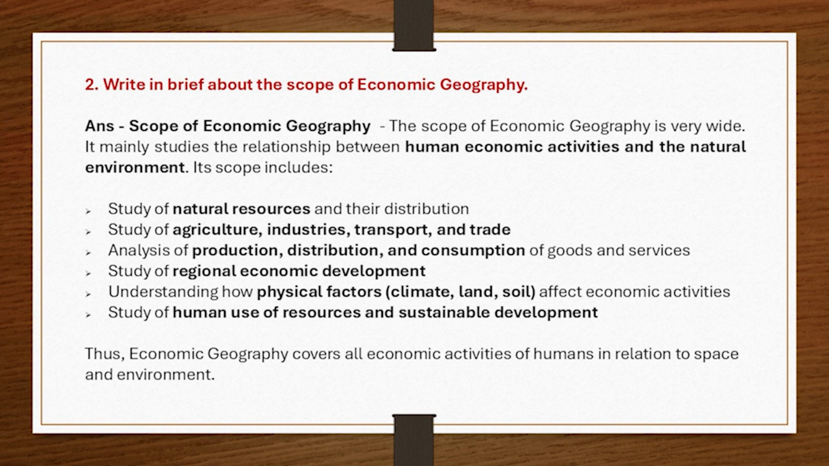2. Write in brief about the scope of Economic Geography. Answer. Scope of Economic Geography. The scope of Economic Geography is very wide. It mainly studies the relationship between human economic activities and the natural environment. Its scope includes study of natural resources and their distribution, study of agriculture, industries, transport, and trade, analysis of production,